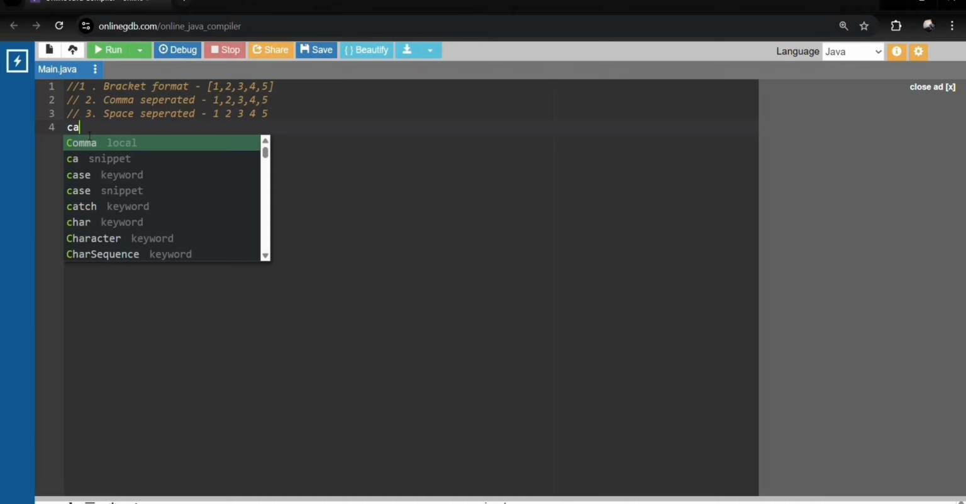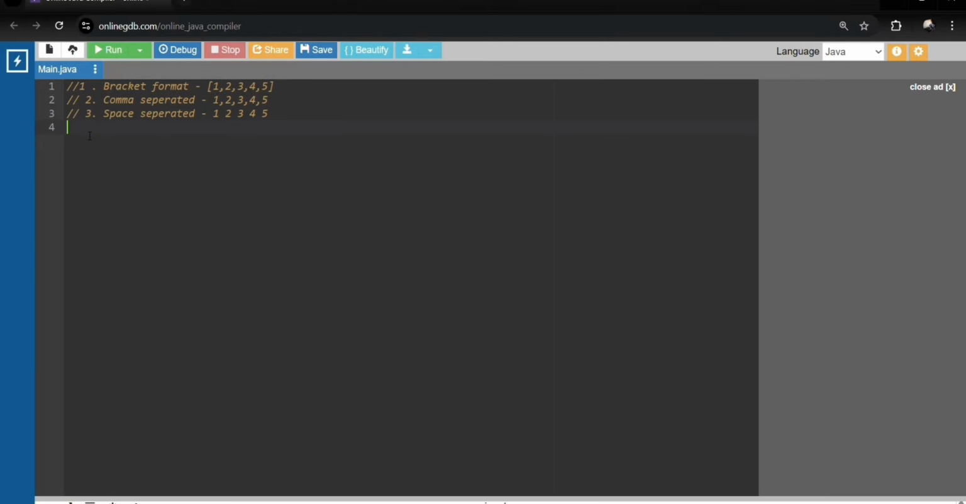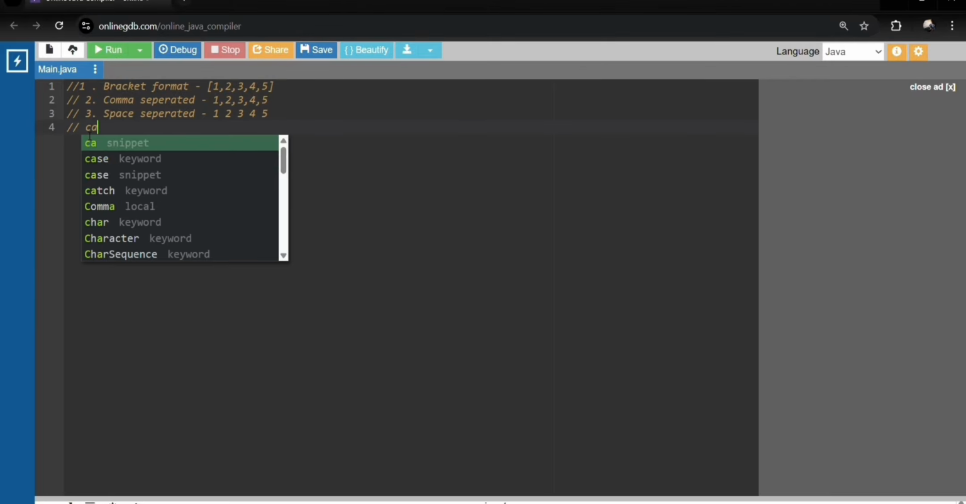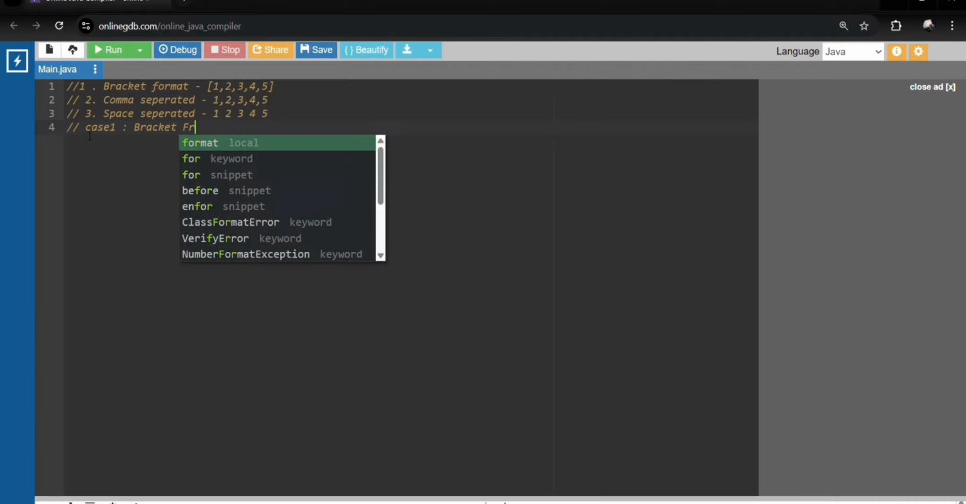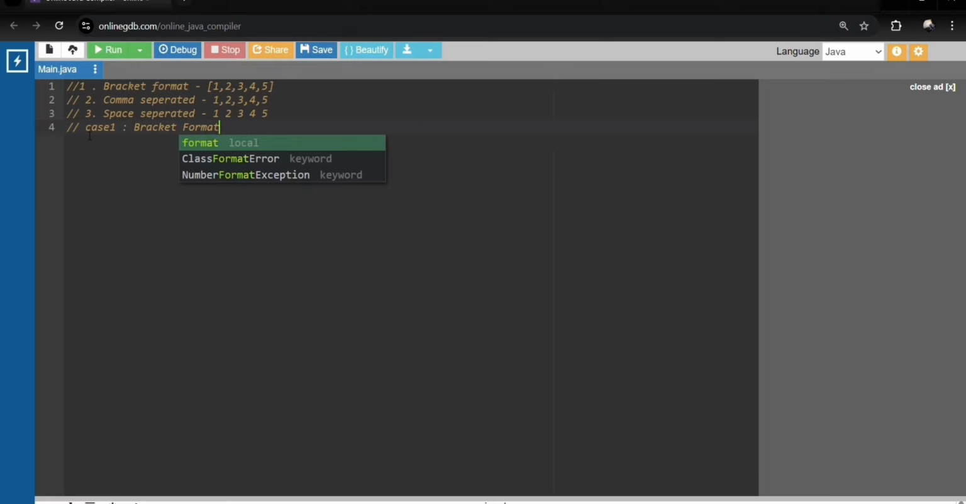So first one, case one, that is bracket format. Bracket format. So we have to take input exactly like this for our problem statement. So we actually know how to take input for an array. For input taking for an array, we do like